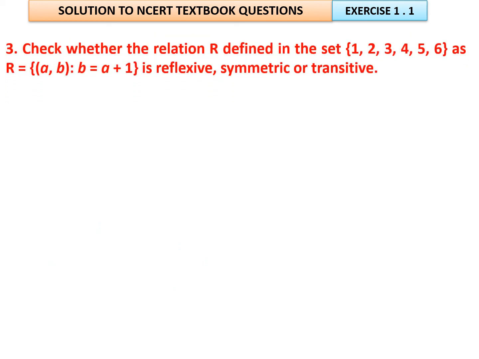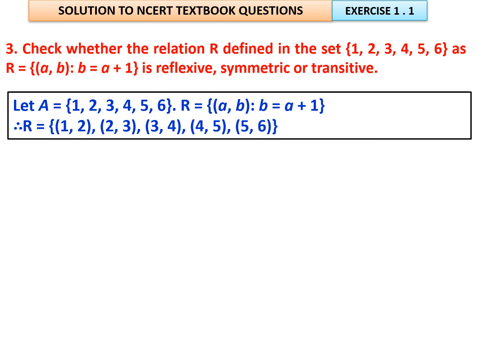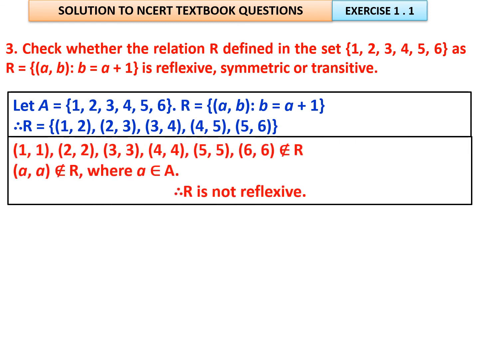Again, you have to prove whether it is reflexive, symmetric, or transitive. Check it, be careful. Well, let us see, it is a very finite set: 1, 2, 3, 4, 5, 6. The second number is 1 more than the first, very simple. For 1 comma 2, then 2 comma 3, 3 comma 4, 4 comma 5, 5 comma 6, we cannot go beyond that, because when you start with 6, 7 will come, and it is not in the set.